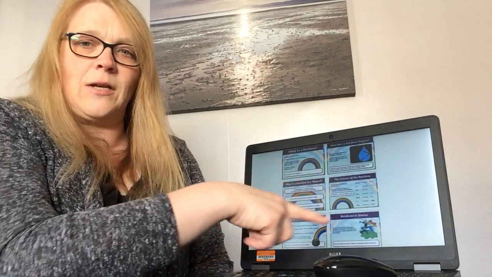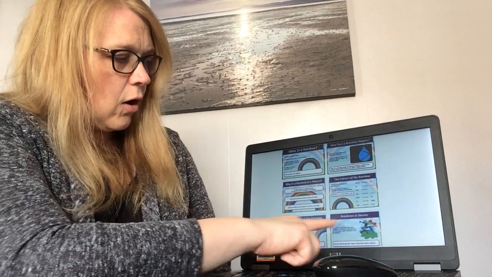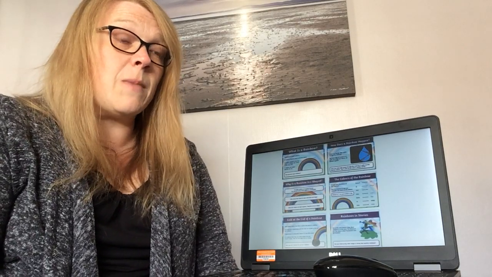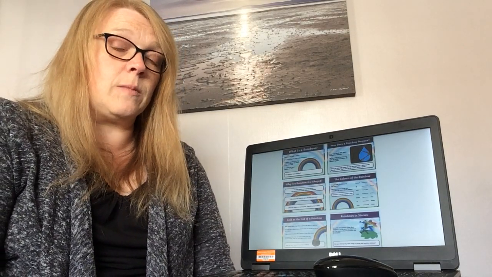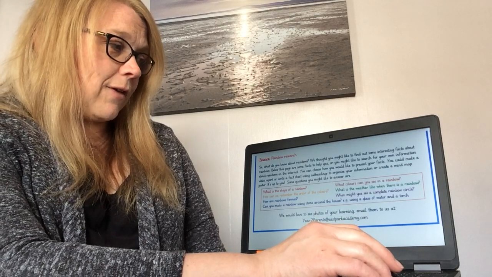If you want some information, on the last screen we've got some little fact cards that we've put for you to explore and find out more about. Or if you would like to, you could do your own research using the internet. Remember to only use sites that are safe for children, so you might want an adult with you helping you to do those searches. But there's lots of children-friendly sites around that you can explore on. BBC Bitesize is a good one sometimes, even videos that you might be able to watch. But again, have an adult there just in case you need some help with navigating around.